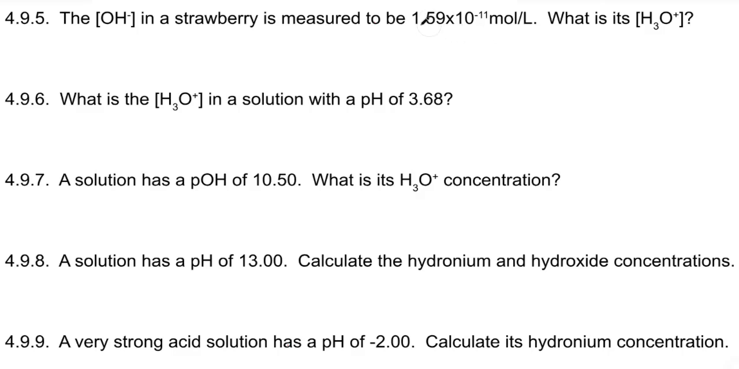One, you could take this number, which is the hydroxide concentration, and negative log that. You could do negative log OH, and that would give you the pOH. Then 14 minus the pOH would give you the pH. And then 10 to the minus pH would give you the H3O. That would absolutely work. Another way you could do this,